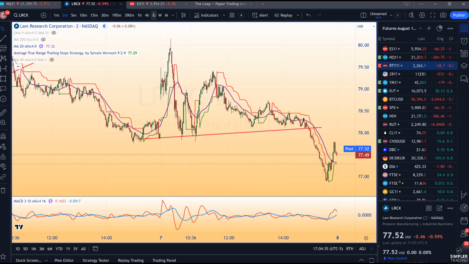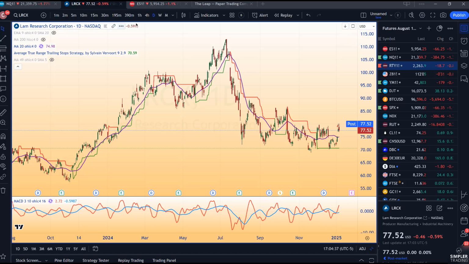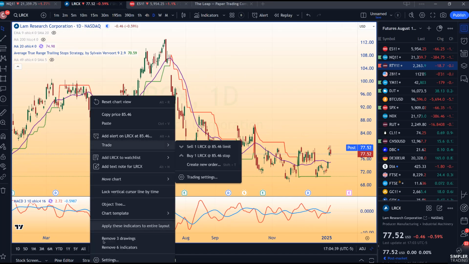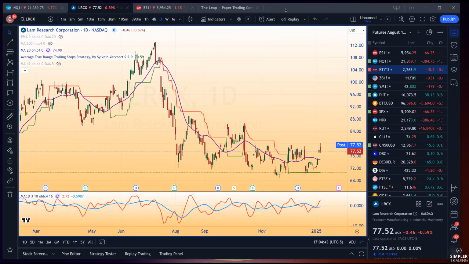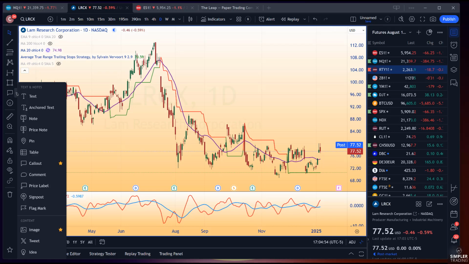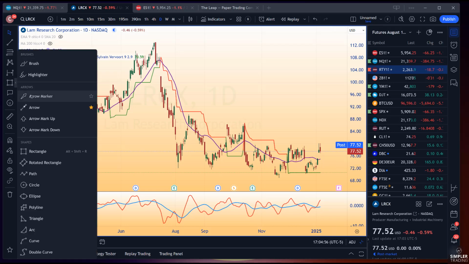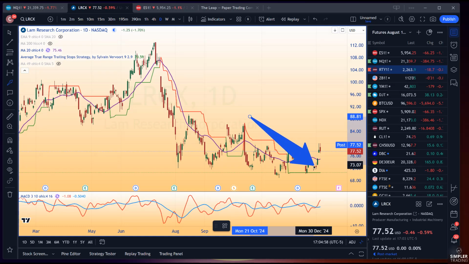So what am I talking about in here? Well, we're going to go to Lam Research to give you a perfect example. Here's Lam Research on a daily chart. Now, keep in mind, I did a special Tuesday session last Tuesday, at the end of the year, about tax loss harvesting. Find the stocks that have done the worst for the year. Well, Lam Research worked perfect. Right in here. The problem is now it's rallied to resistance. It's rallied to this area and it's gotten overbought on a MACD.